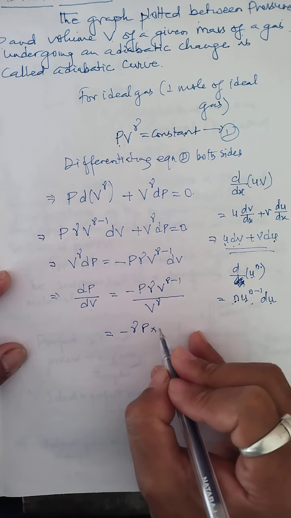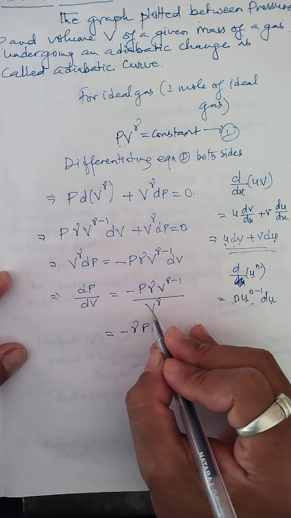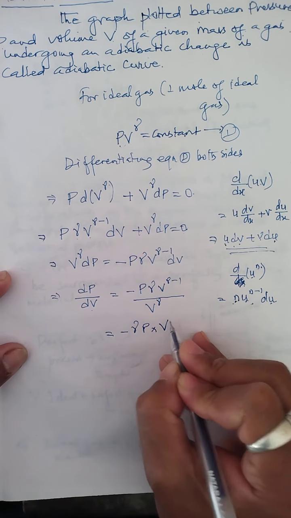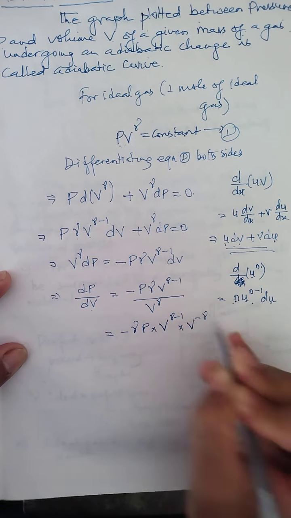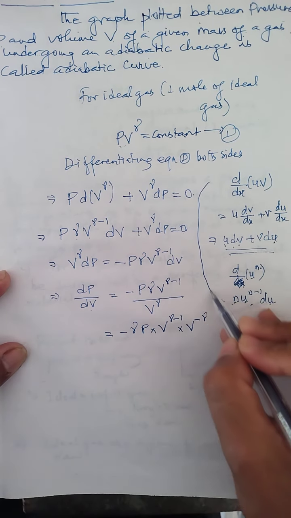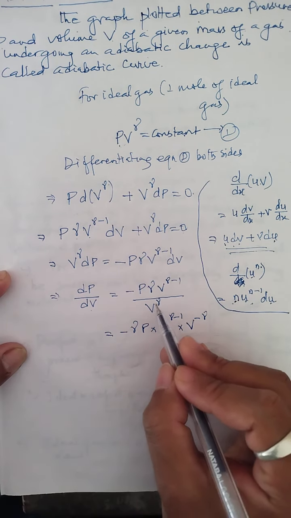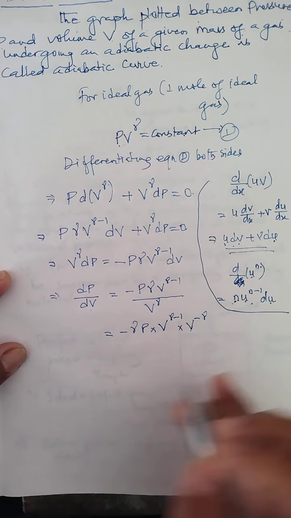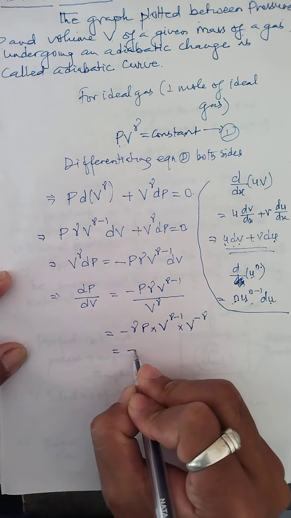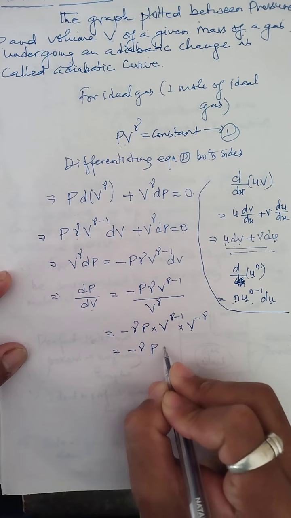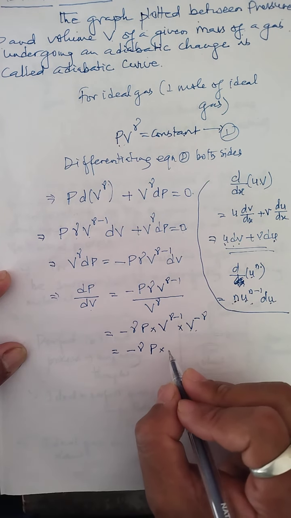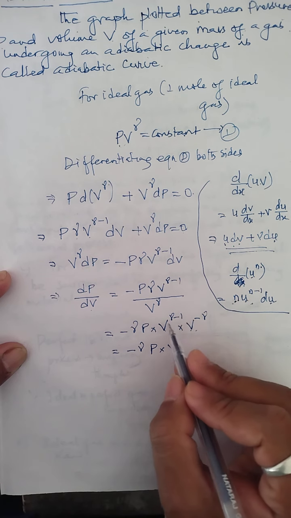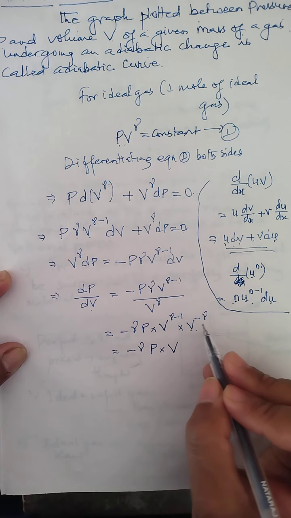Now let me simplify this. So this B to power gamma I'll take in the numerator. So B to power gamma minus 1 and B to power minus gamma. Look at this part, children. B to power gamma, if I take it in the numerator, is B to power minus gamma. Now see what happened. Minus gamma P. For the same base, the powers will be added, where one power is gamma minus 1 and another is minus gamma.